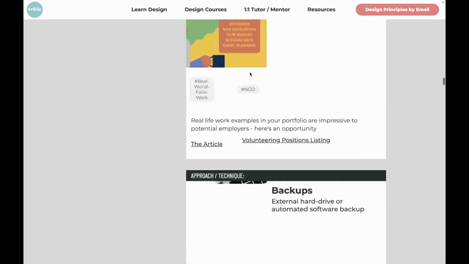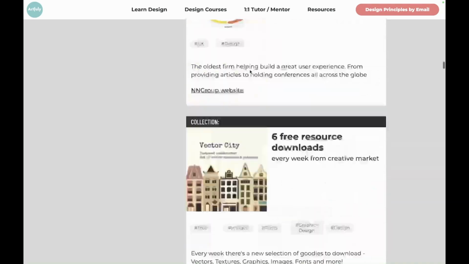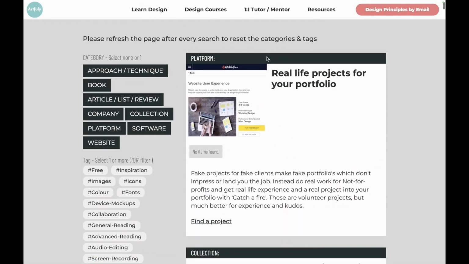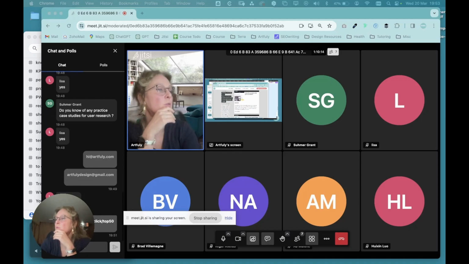Now in here, there are some ways to get real life projects into your portfolio. So rather than doing fake projects, I don't think that works out so well. People know that they're fake, and it doesn't give you the kind of experience that you need to deal with real clients. So I would say go and, if you select portfolio, real life projects for your folio,